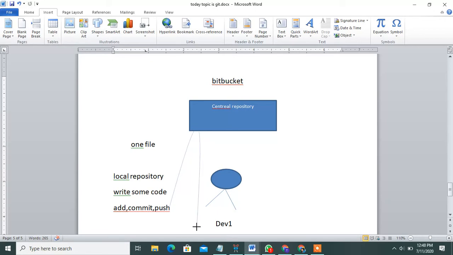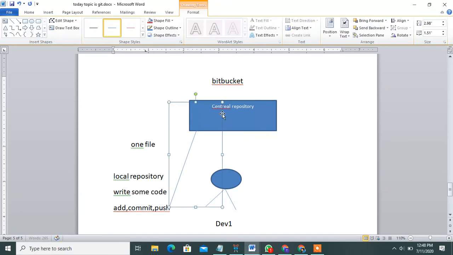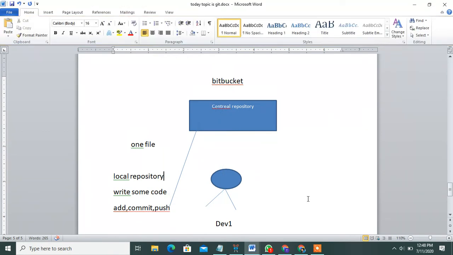One developer works on the local repository, writes some code, and adds, commits and pushes that code to the central repository.